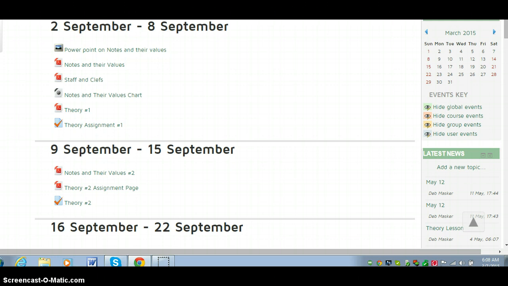Students and parents had access to my email and school phone in case they had questions about what we were doing. Everything was laid out by week, so the appearance is more of a calendar so that students could keep track of where they were at and the assignments for the week.